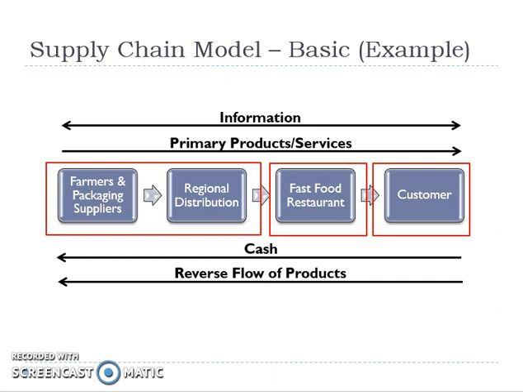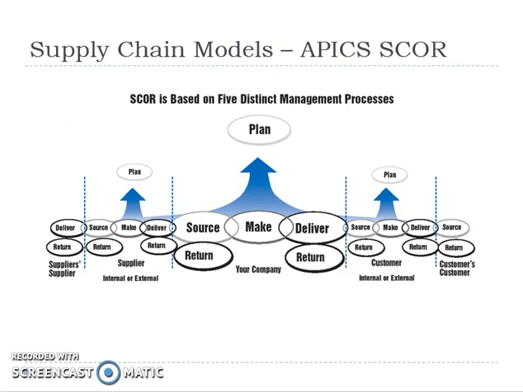So things like that. Now, this is a very simple model and it's easily applicable to services and manufacturing. A more complicated model, though equally important, is the APICS SCORE model. Now, SCORE is an acronym that stands for Supply Chain Operational Reference. And what APICS has done is say all organizations, regardless of what you do, have 5 main activities. Every organization should have a planning aspect, like a business plan, a strategy. They source something, they manufacture or convert something, even if it's a service, and deliver, and then there's the return